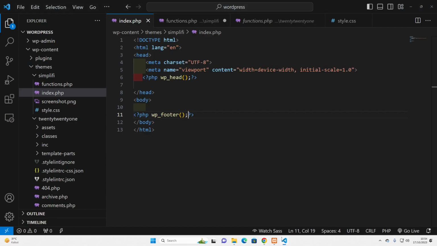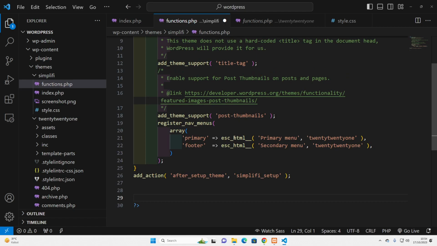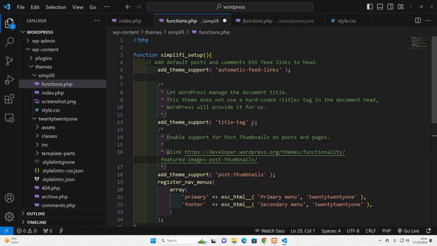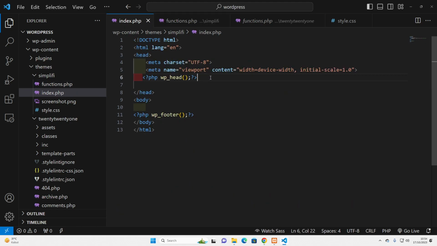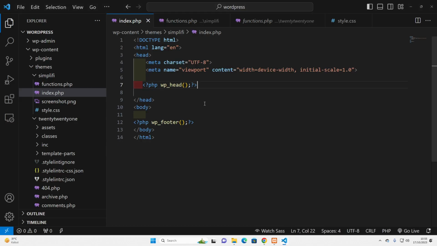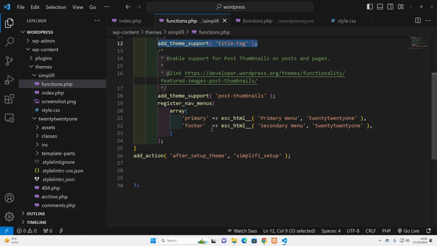So it works. This is the function of add_theme_support title-tag, to replace the title tags that are placed here. So we just place the wp_head and it's replaced with our WordPress title tag. Okay, now let's try to add